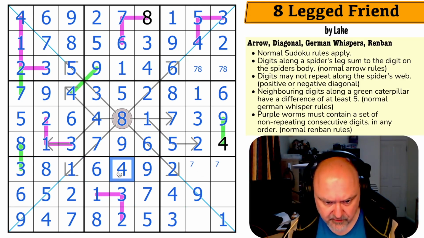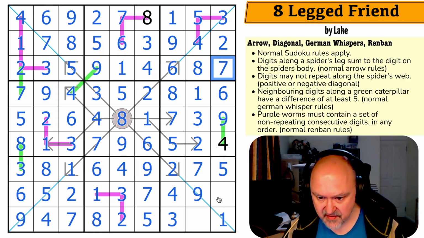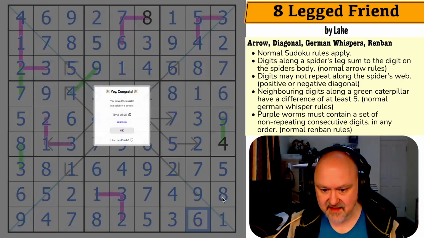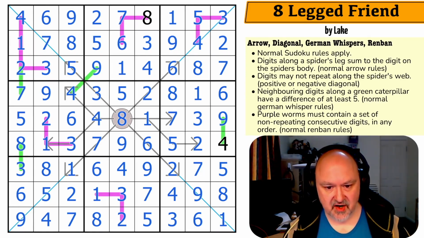This row, 1, 2, 3, 4, 5, and 7. These are 5 and 7, and I'll use that 5 to make that the 7 and that the 5. The 7 looks up to make that the 8 and that the 7. These are 6 and 8, and I'll use that 6 to make that the 8 and that the 6. 25 minutes, 38 seconds. I don't have any 8-legged friends because I live in Australia and you don't mess with